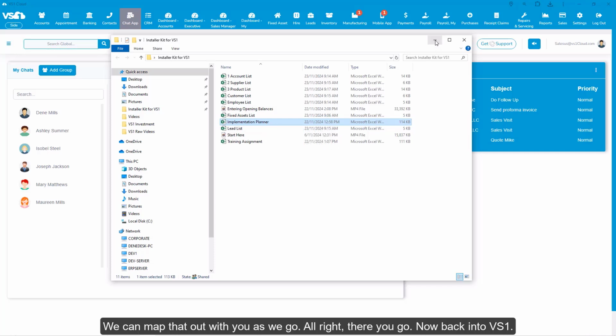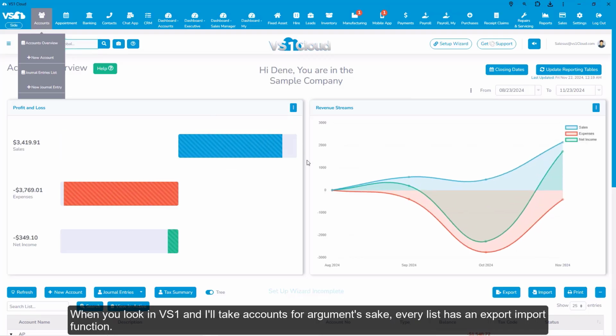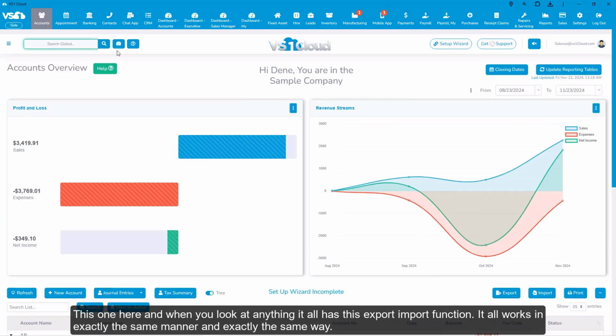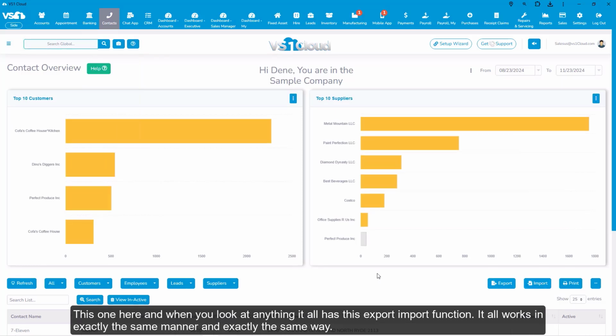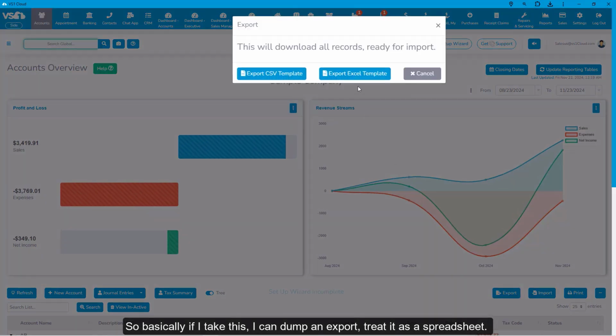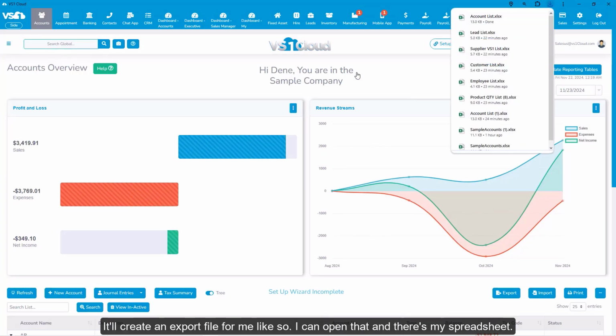Now, back into VS1. When you look in VS1, and I'll take accounts for argument's sake, every list has an export import function, this one here. And when you look at anything, it all has this export import function. It all works in exactly the same manner, in exactly the same way. So basically, if I take this, I can dump and export, treat it as a spreadsheet. It'll create an export file for me, like so. I can open that,